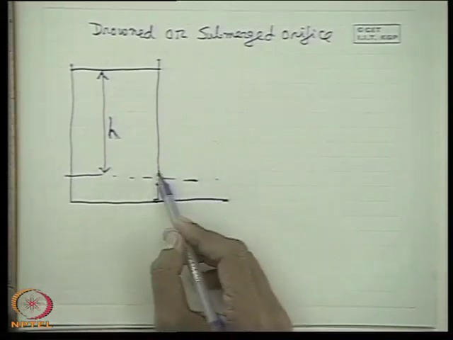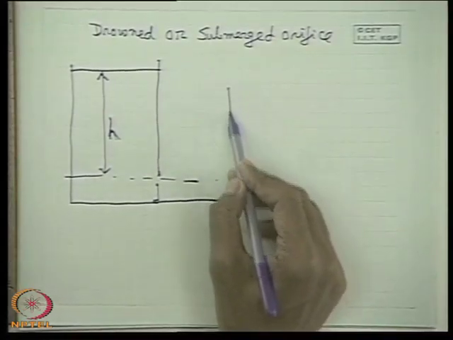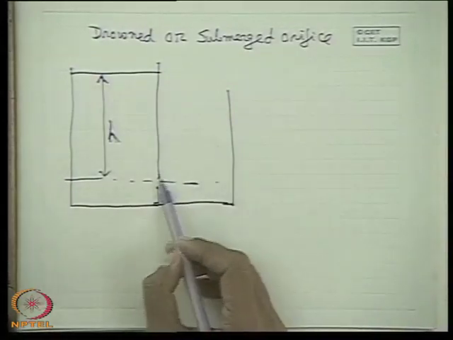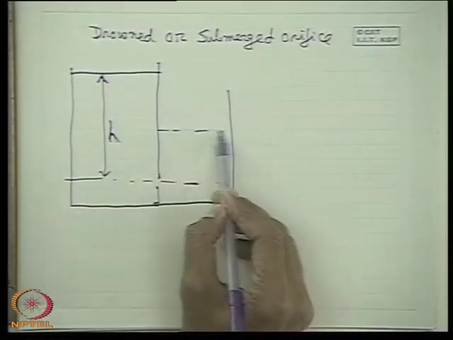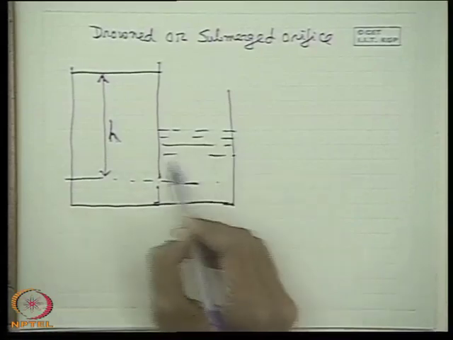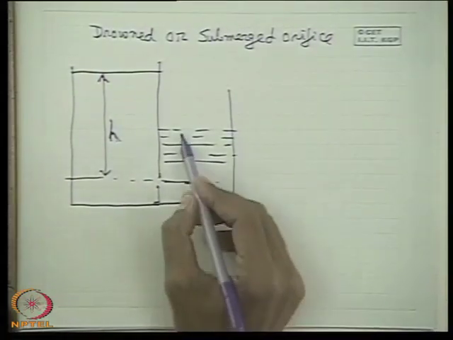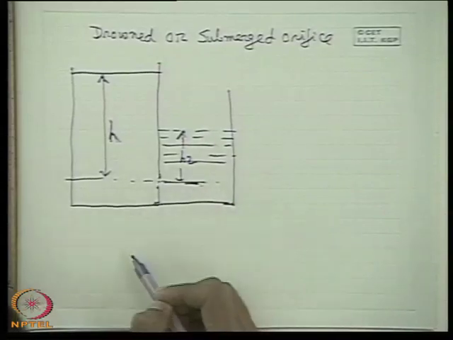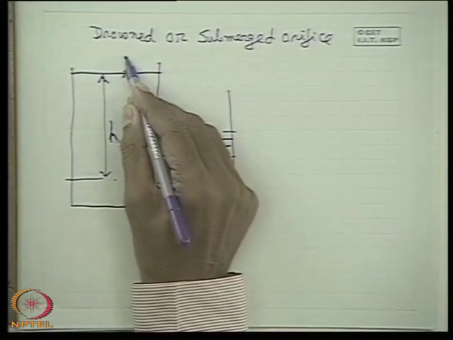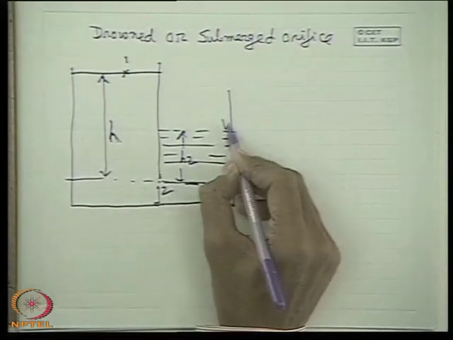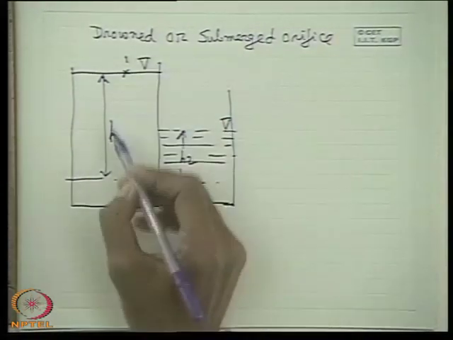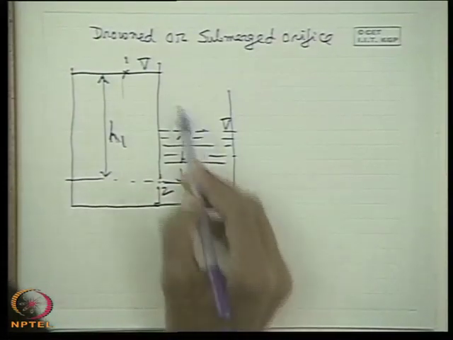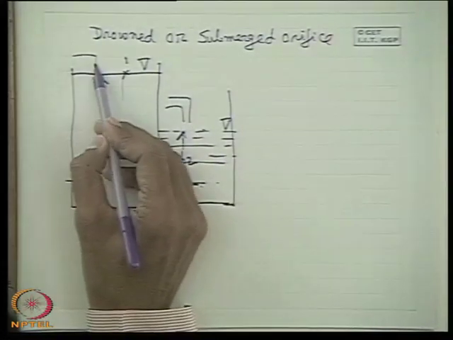That means on the other side, the downstream side, there is a pressure. It is very simple. Hydraulics is very simple. Instead of discharging into atmosphere, it is discharging into another tank where the height of the liquid, the free surface of the liquid, which we call head, is h2 from its axis. Then if we write the Bernoulli's equation from 1 to 2, this is maintained at constant h2, this is maintained at constant h1. So flow will be from this tank to this tank always, but it is maintained constant because of the inflow.